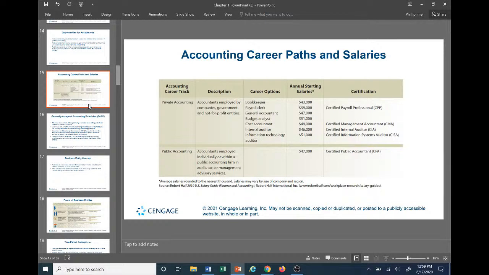And pretty much the main certification here is going to be that of a CPA, which is a certified public accountant. It's also important to know that the other certifications in the private accounting sector are very useful as well when going to work at a public accounting firm. Mainly so because when you're advising your clients on management advisory services, your CMA could come in really handy, because you have a better understanding of the internal operations and variances, break-even points and stuff of that sort. So you'll be better able to advise your clients in those areas than just being an actual CPA.